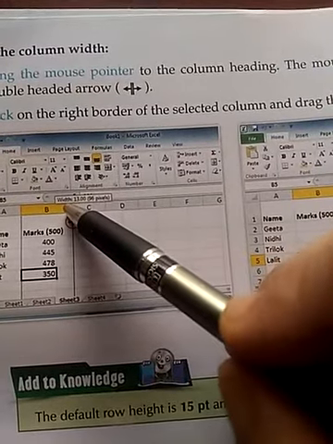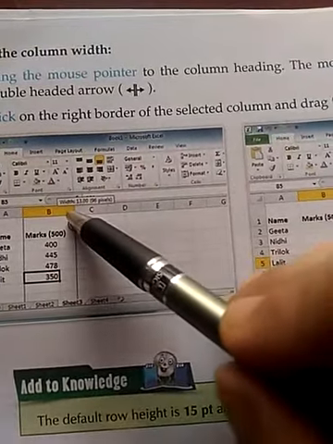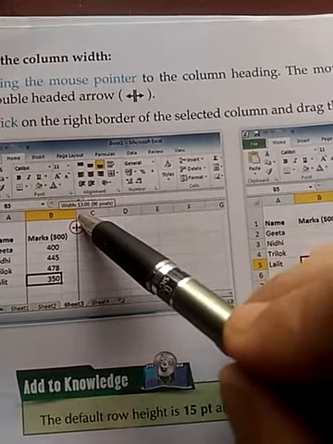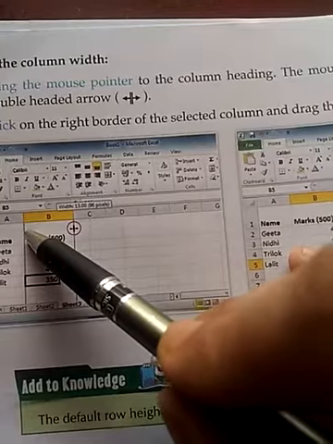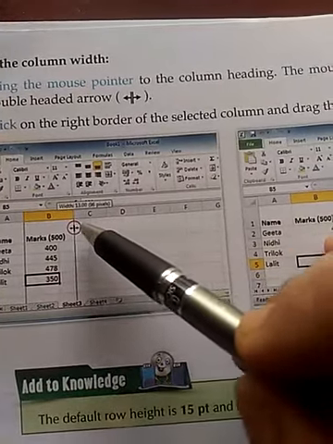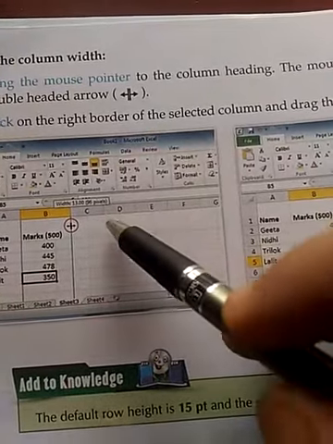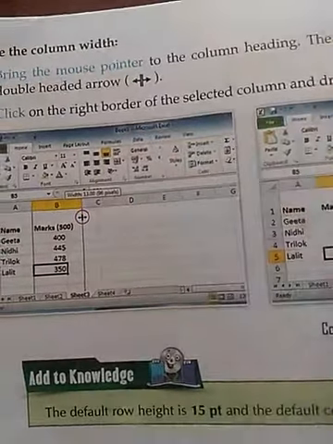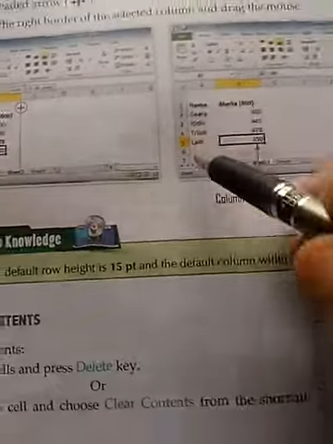If you want to increase the width, then drag it towards the right. If you want to decrease the width, then drag it towards the left. So by dragging the mouse towards left and right, you can shift the width of the columns according to your choice.